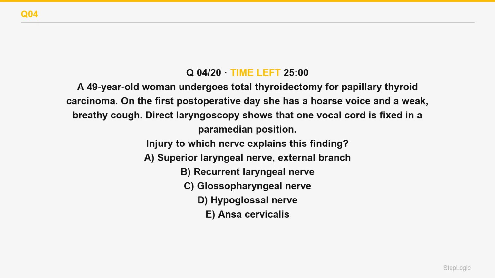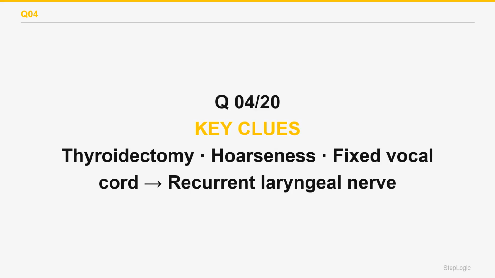Read the command. Which nerve was injured? Post-thyroidectomy, hoarseness with a fixed vocal cord: recurrent laryngeal nerve injury. The recurrent laryngeal nerve, a branch of the vagus, supplies all the intrinsic muscles of the larynx except one. It runs immediately adjacent to the thyroid gland and the inferior thyroid artery, making it highly vulnerable